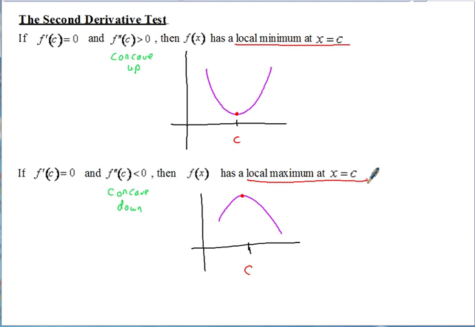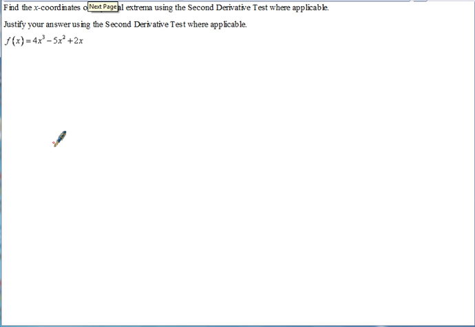So let's take a look at how we can use this in practice now. It says find the x-coordinates of any local extrema, in other words local minimums and maximums, using the second derivative test where applicable. And justify your answer. Okay, so it starts off like the first derivative test. You got to find your critical numbers by finding the first derivative,